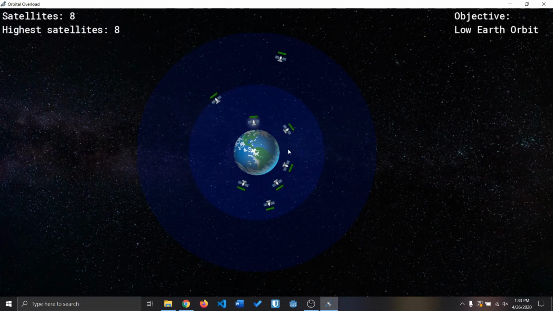and they can press space to pause, and then they can click on any of the satellites and manipulate their orbit, but each satellite does have a limited amount of fuel. Satellites, however, can crash, and once they do, they release space debris, and this space debris